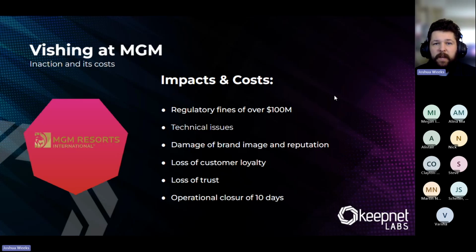Uber had a breach as well. Just to name another one, Caesars was attacked as well, which is a sister company of MGM Resorts. But as you can see, these attacks do have real catastrophic consequences. And beyond the actual revenue loss, there could be some massive regulatory fines as well.